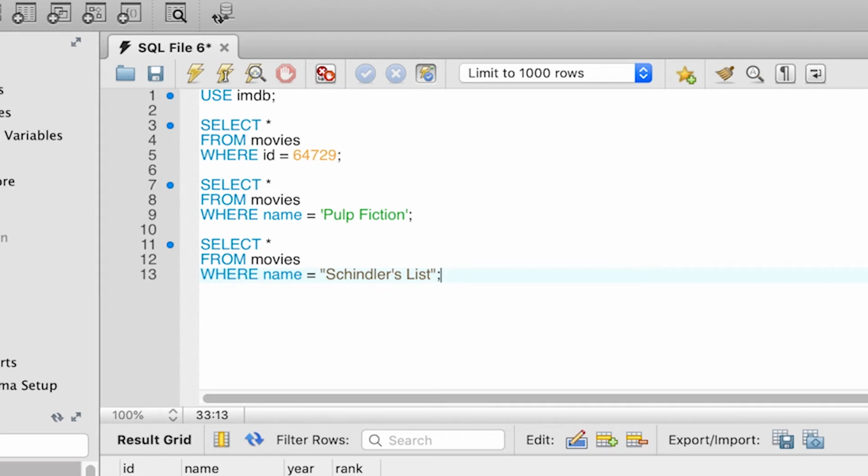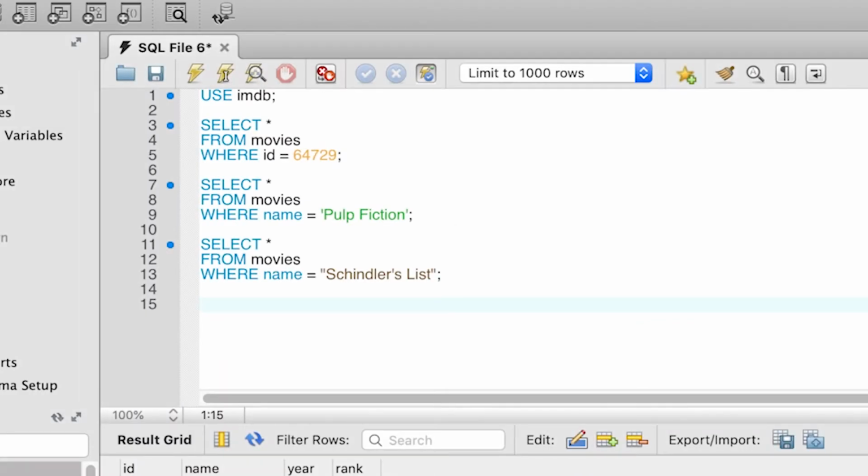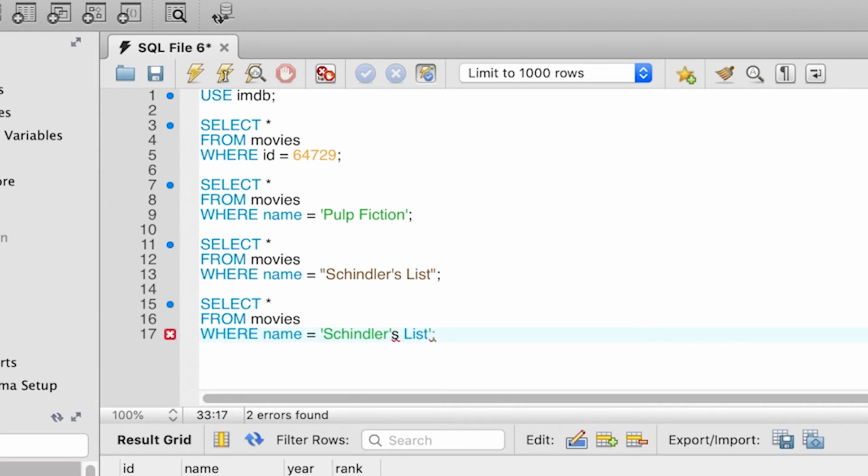There is another technique that we can use that we call escaping, which works as follows. So we say from movies where name is Schindler's List, we enclose it in single quotes, but now before the quote character, the single quote character in Schindler's List, we put the backslash character.